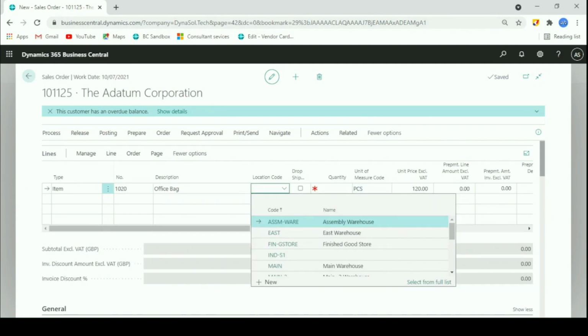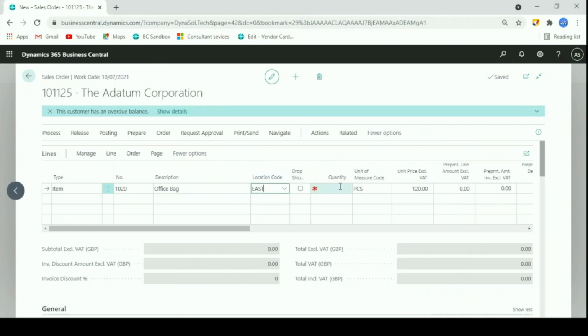I didn't enter the location, so by default I will just hit enter on the sales order. Then I enter the quantity as my customer required, and I press enter, and here the unit price comes.